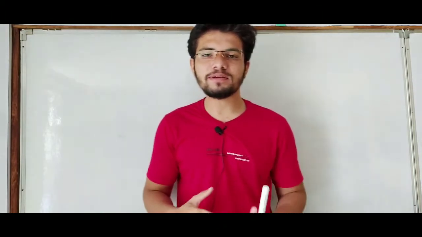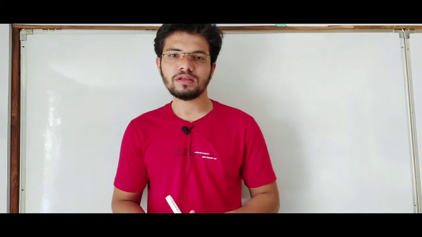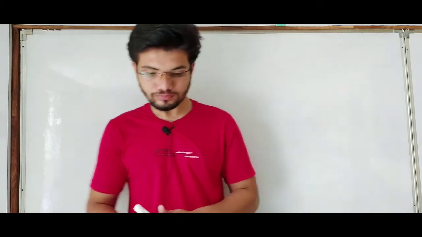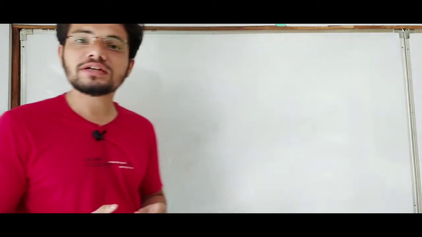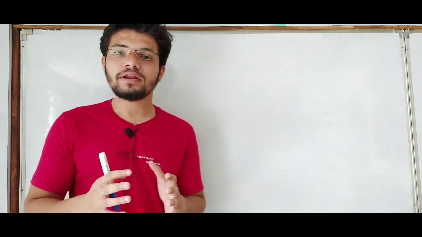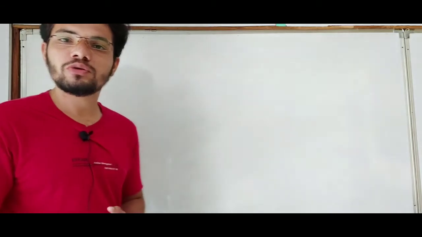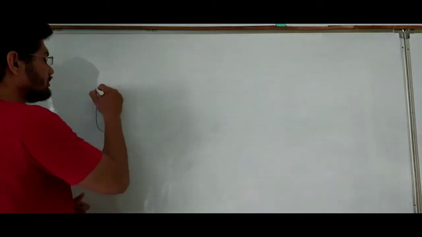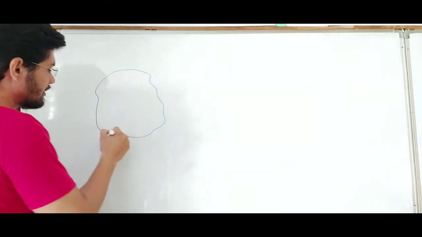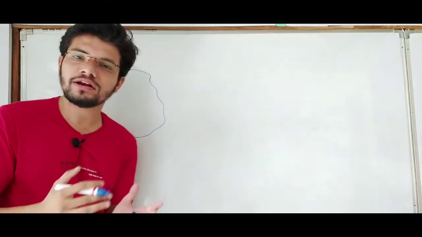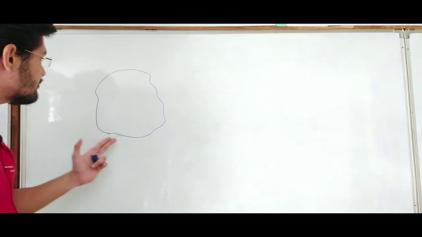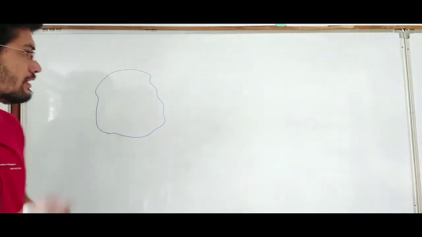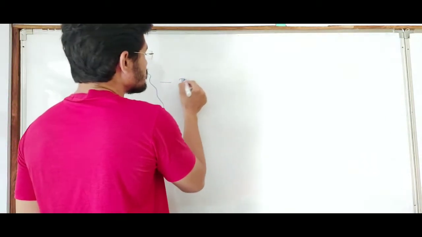We are learning the chapter Cell, the Unit of Life. We have studied eukaryotic and prokaryotic types of cells. In this video, we are going to discuss the cell membrane, also known as the plasma membrane. We have seen in earlier videos that the cell membrane is the outer boundary of the cell and gives it a particular shape. Cell membrane is made up mainly of phospholipids.